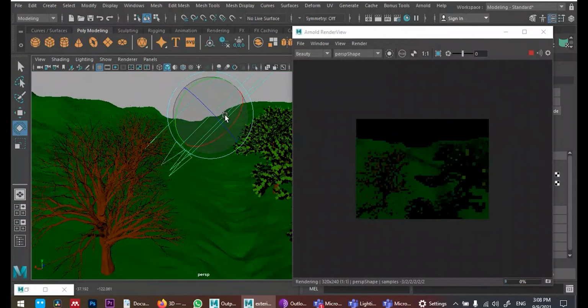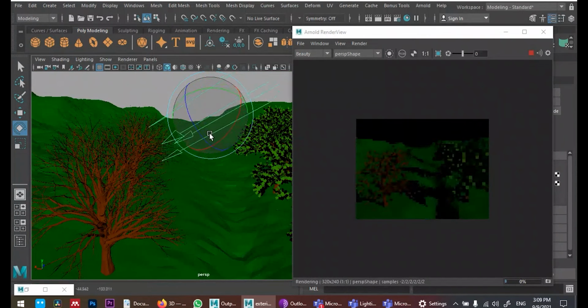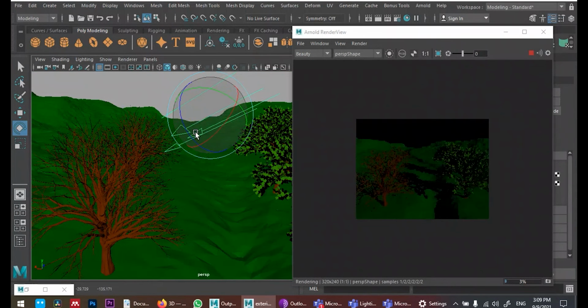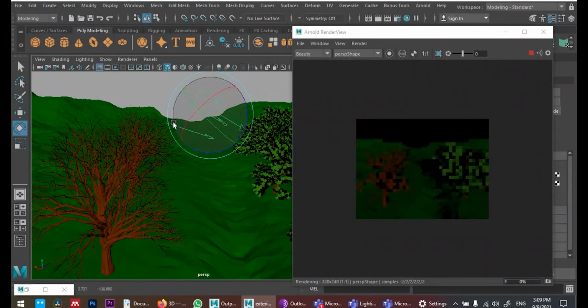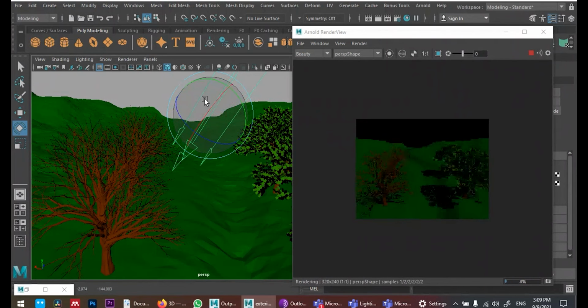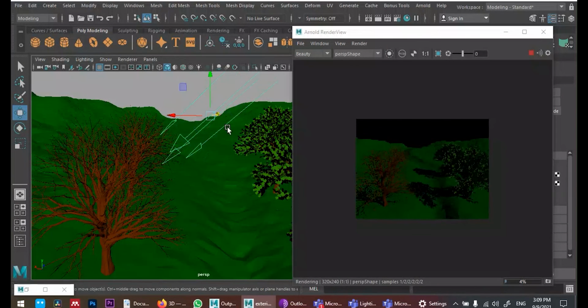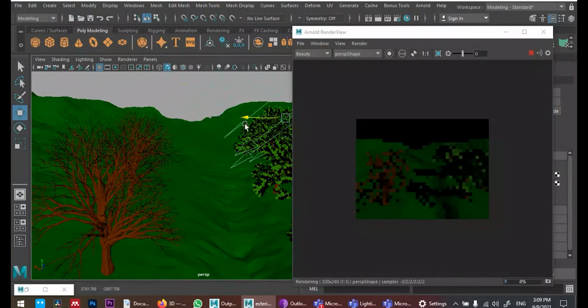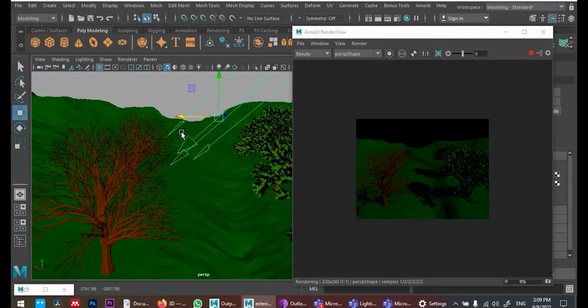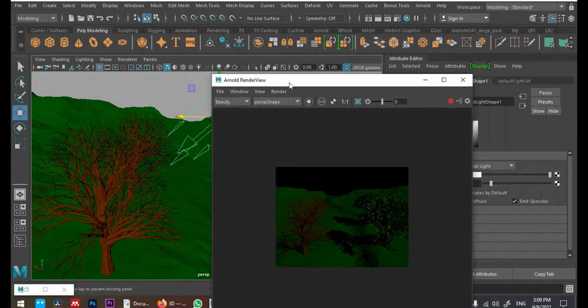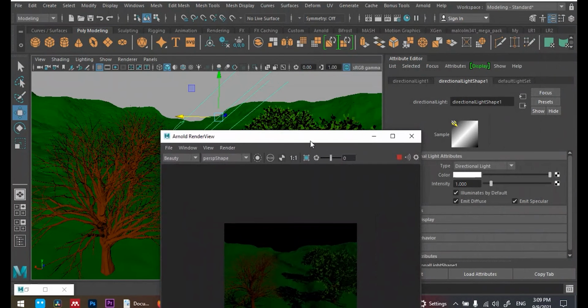Look at that. Because a rotation changes the direction of the sunlight. It changes the direction of the shadow. So rotation makes changes, whereas if you just move the light, no matter whether you move X, Y, or Z, it's always the same. That is one thing with direction light. Anyway, since the direction light is on, let me just